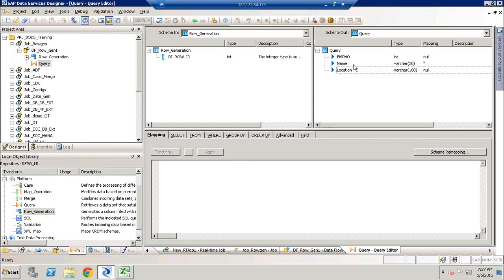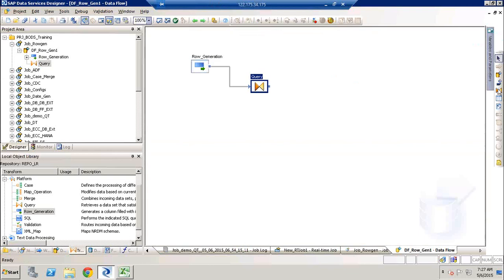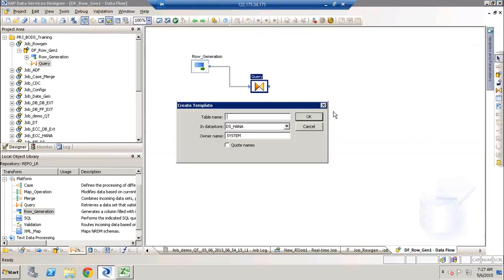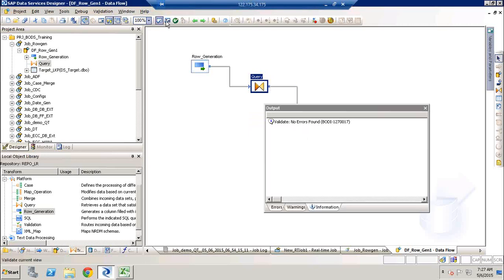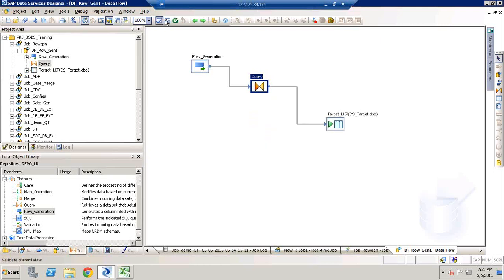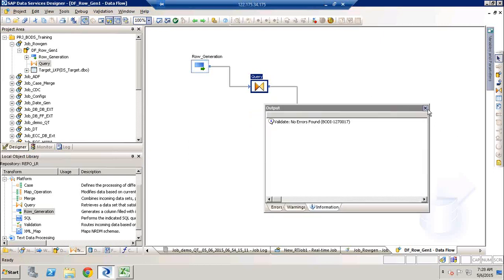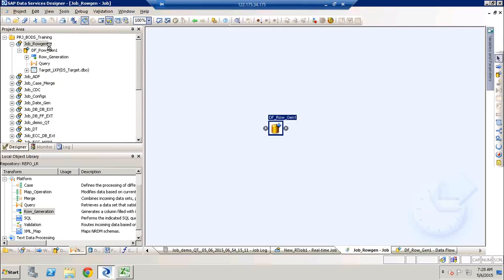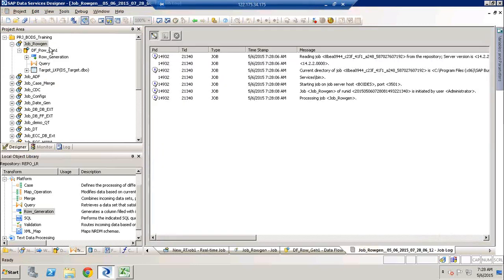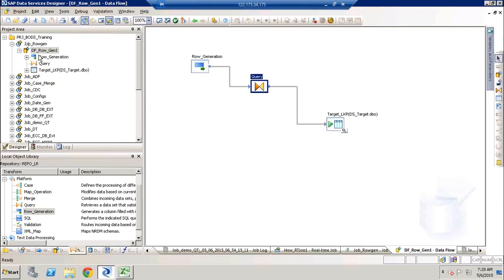All you can do is create this structure using a row generation. There is no need to map anything; point all these columns to null, and use a table. Connect it with your query transformation. Validate this, no errors found, and run this job. So your target table will be created though you don't have your source table. So this is the main use of your